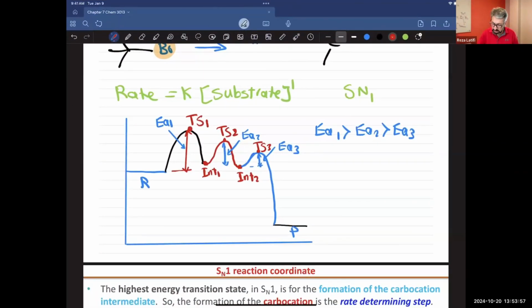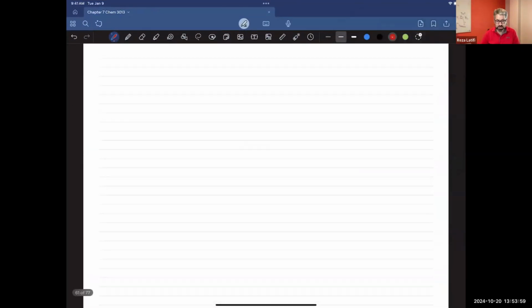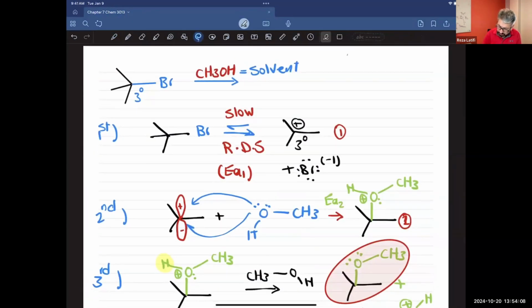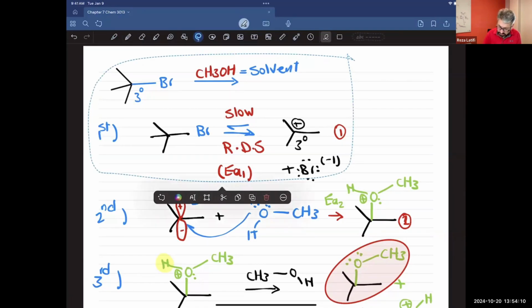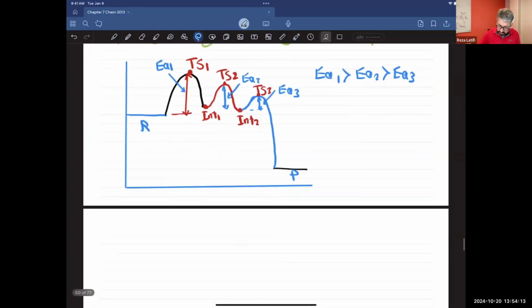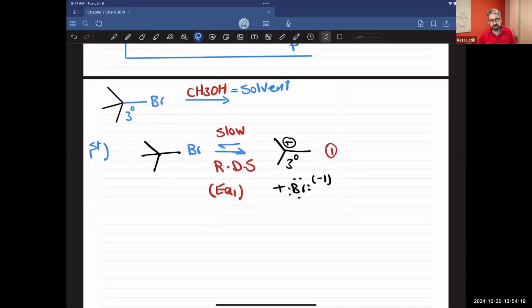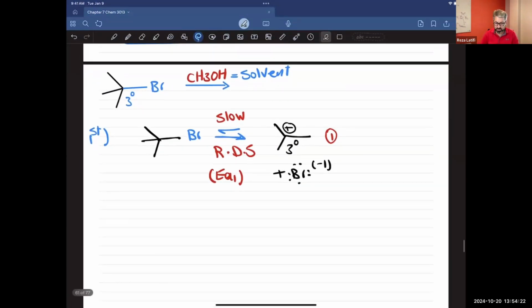Okay. The second thing that can happen to the carbocation, so let's say after the first step, when this one happened and we got the carbocation. So let's say we are here, and the first step happened. We got the first intermediate, which is the rate determining step. The second step, okay,